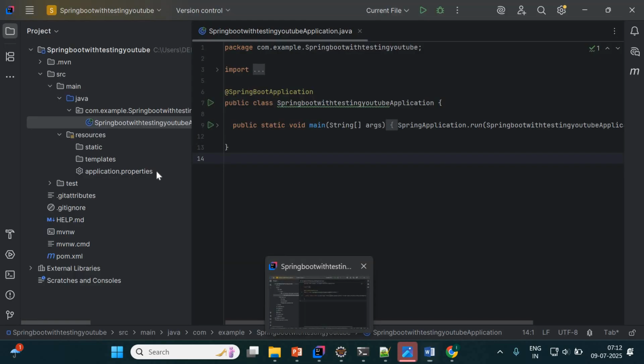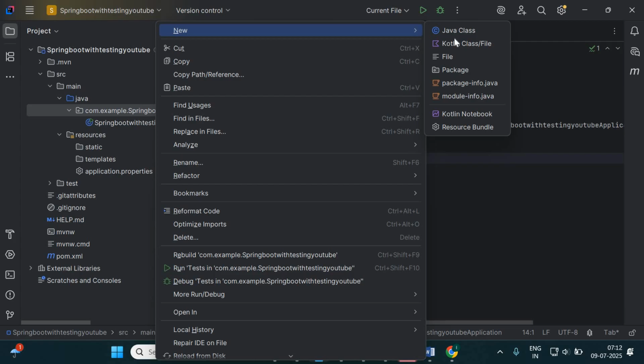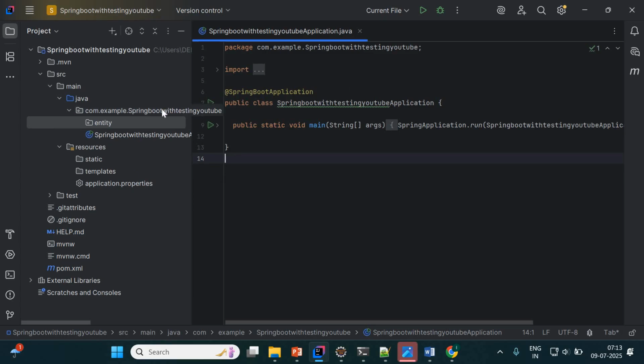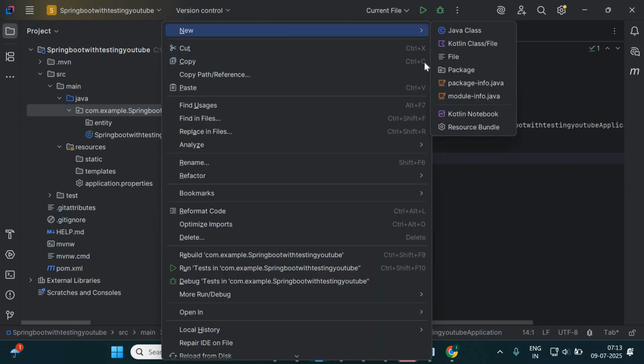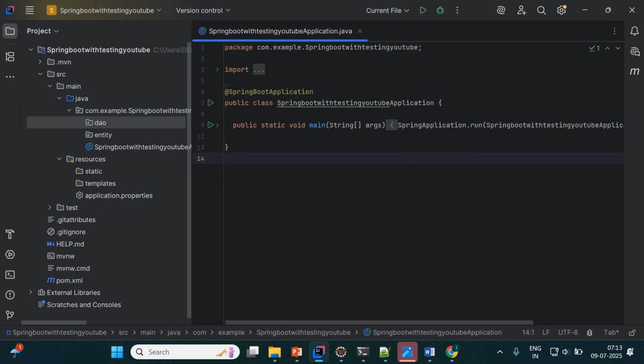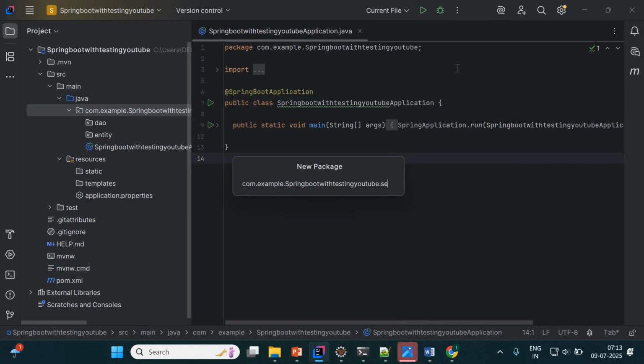So come to IntelliJ IDEA. This has your base package, right? Inside that only you have to start with a new package. First I will create the package named entity, enter. Entity package created. Then I have to create a new package called dao. It could be dao, it could be repository. Sometimes people call it repository as well. So that could be any name. After that I have to create the service package,